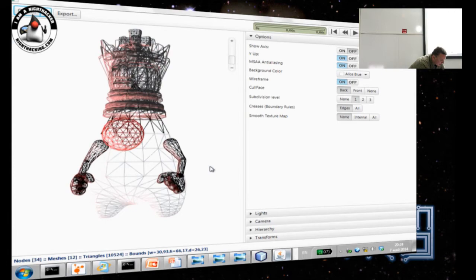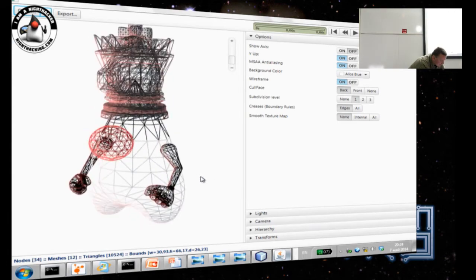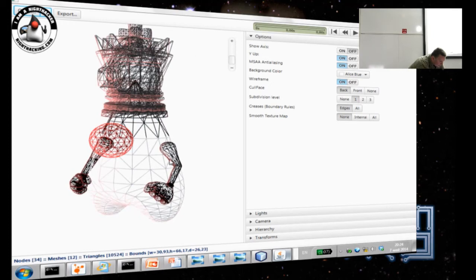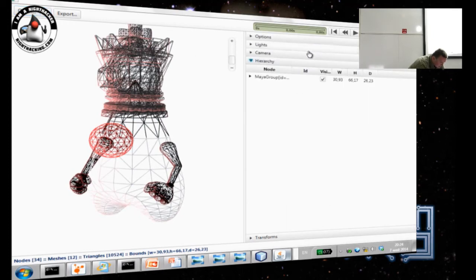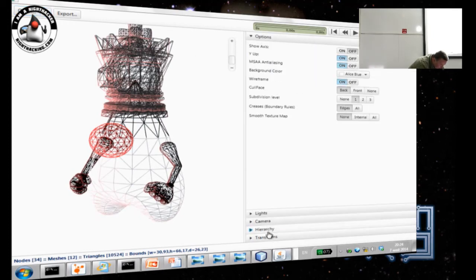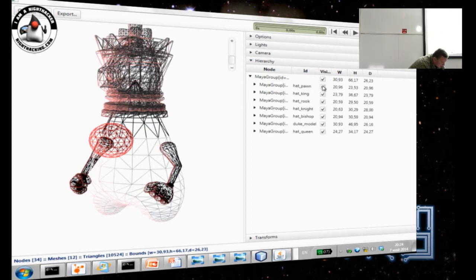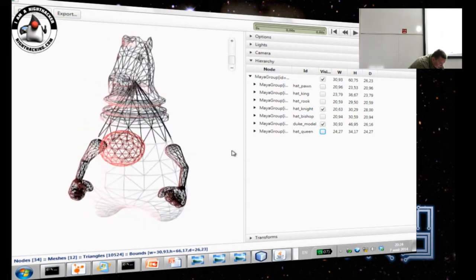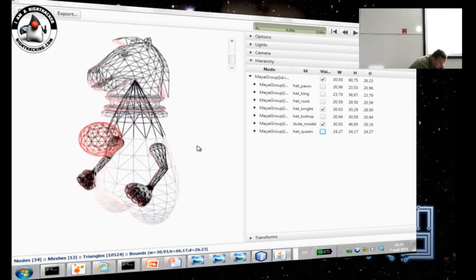So first of all, I'm gonna load this Duke as a triangle mesh, and you can see that all the faces are built of triangles. So I'm gonna leave just the knight's hat on it.